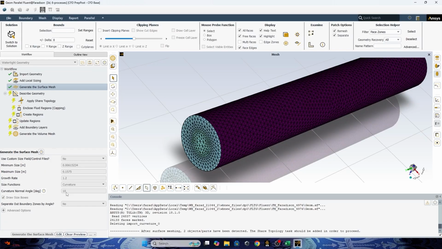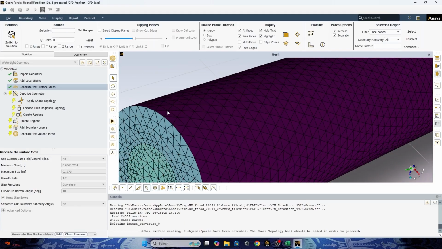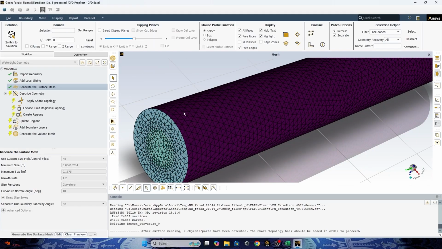The lower the value that you put here, the tinier the mesh will be, and the tinier the mesh, the more precise the result.